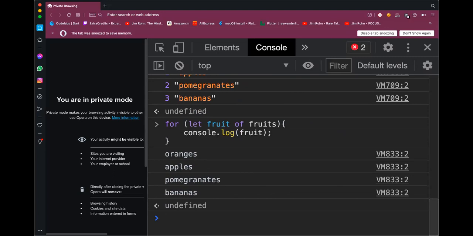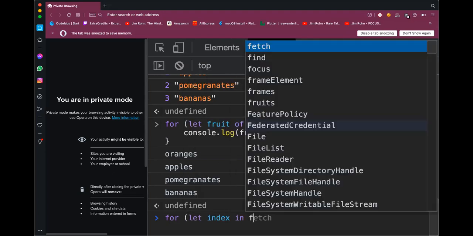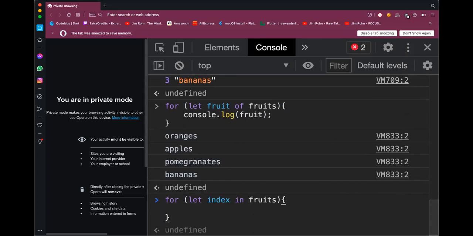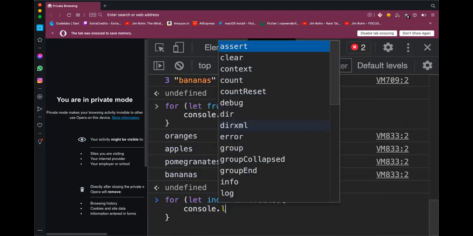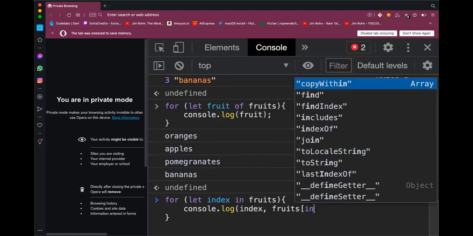It does not take the index. If you also need the index, you can do for in. For in works the way you iterate over objects. So I can do console.log index, fruits index.